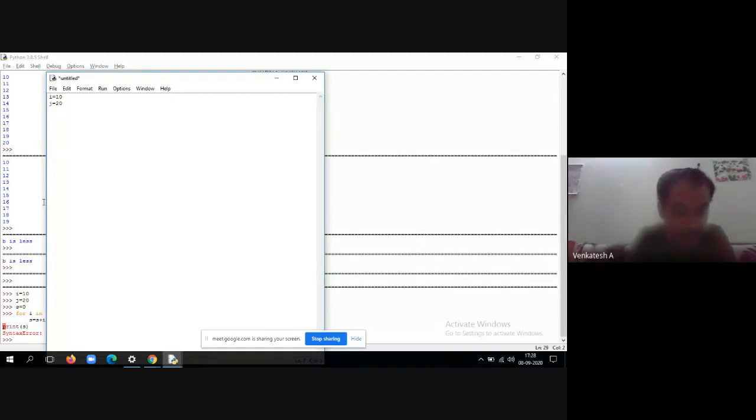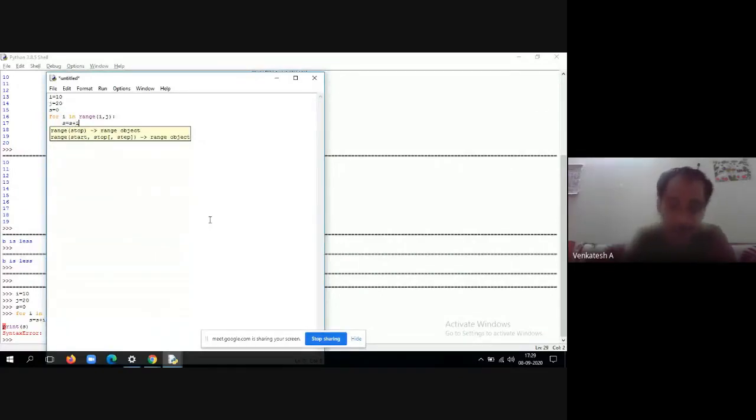So i is equal to 10, j is equal to 20, and initialize s is equal to 0. Now for i in range, you got the point. That is the importance of column numbers. So i comma j. Now we should not forget to put the colon here. Then look at the indentation, automatically it is taking because this is the editor. s is equal to s plus i.